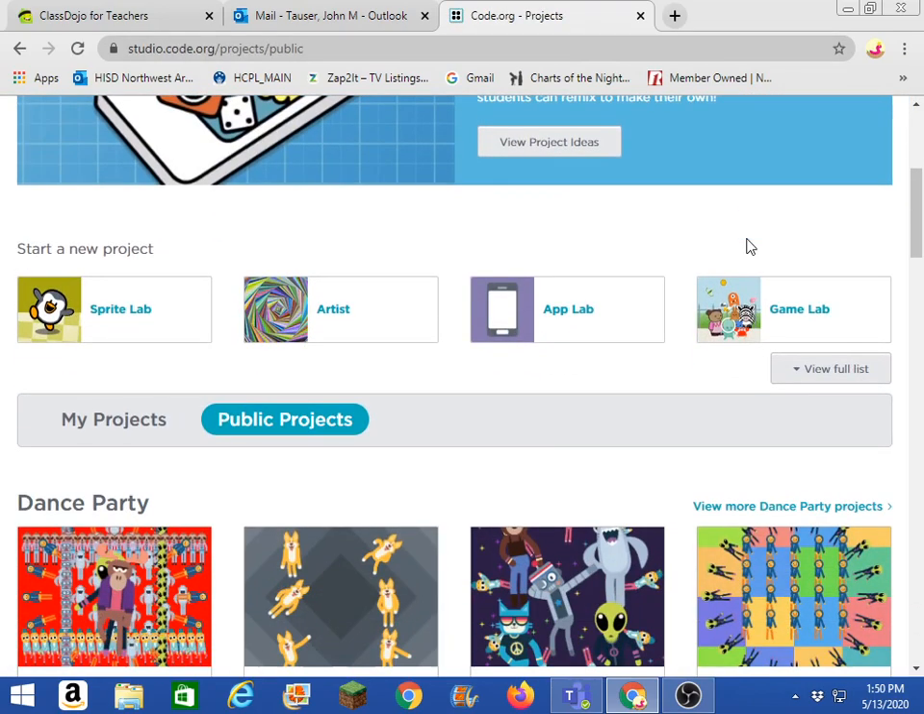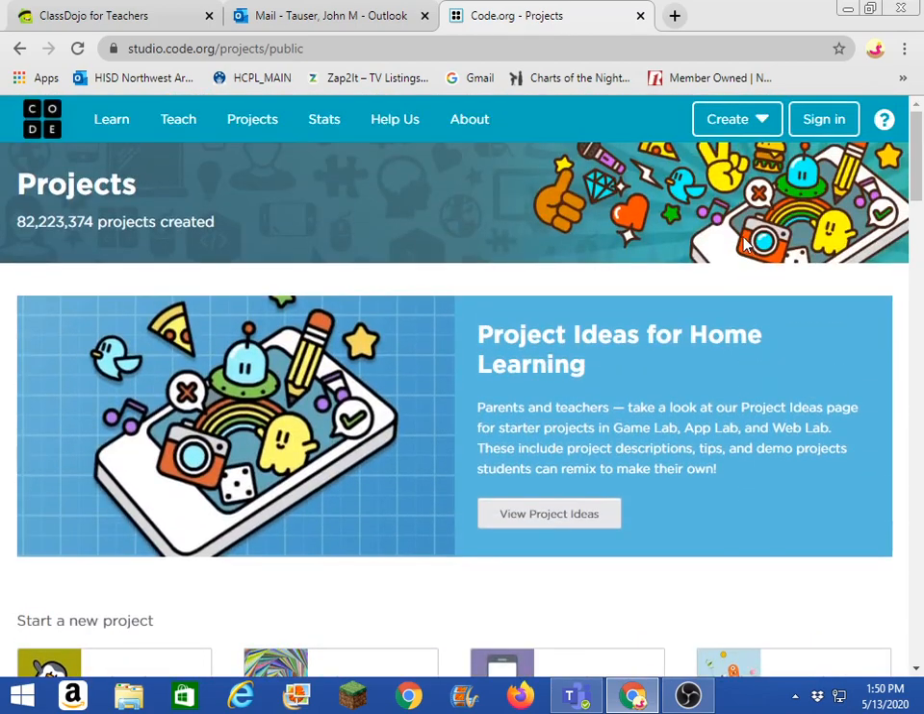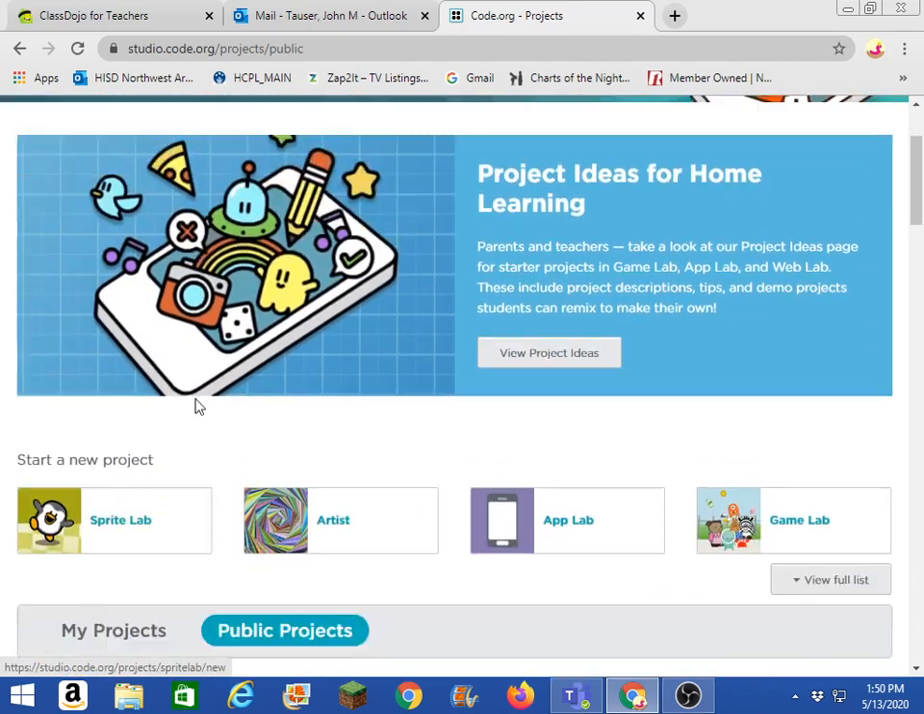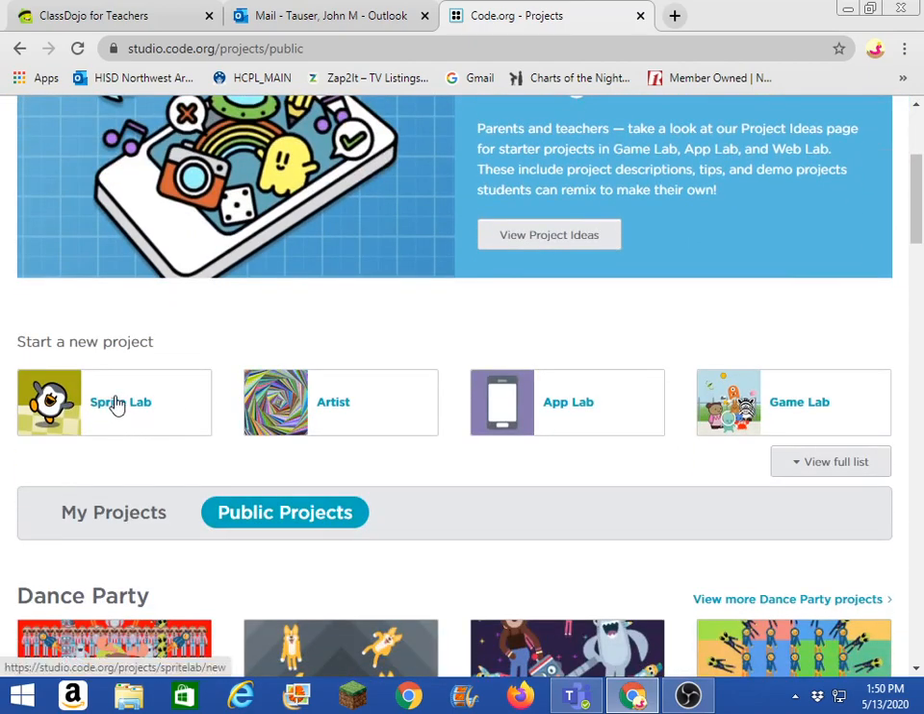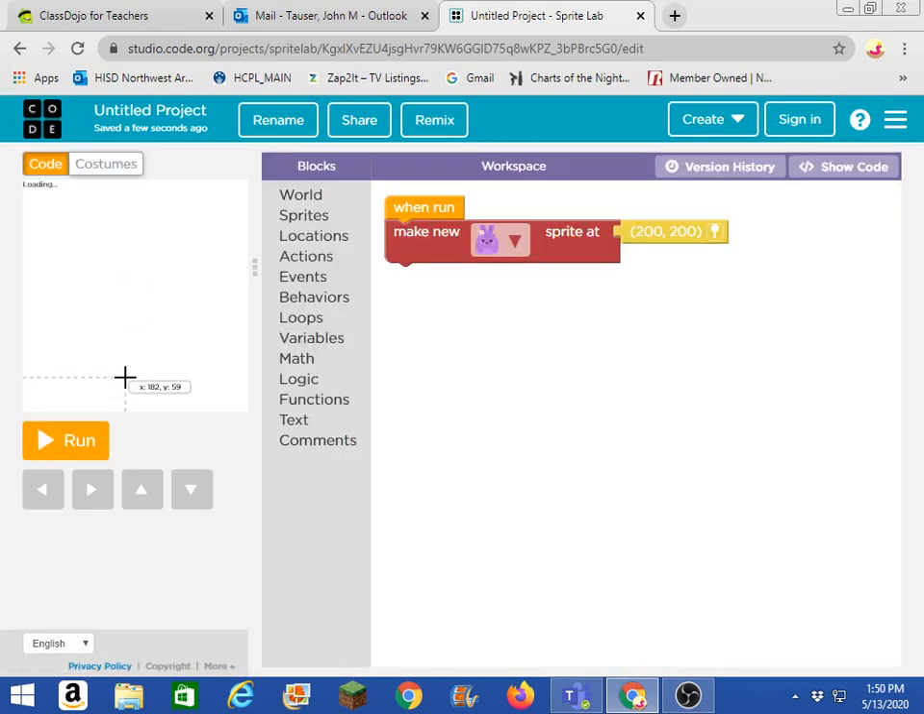And there's all sorts of project options you can do in code.org as you learn more about coding, but we're going to go today to the section that's called Sprite Lab. So let's go to the Sprite Lab, and you'll see something that looks like this. If you've watched some of my videos before, you've seen a page like this, but this is the Sprite Lab,